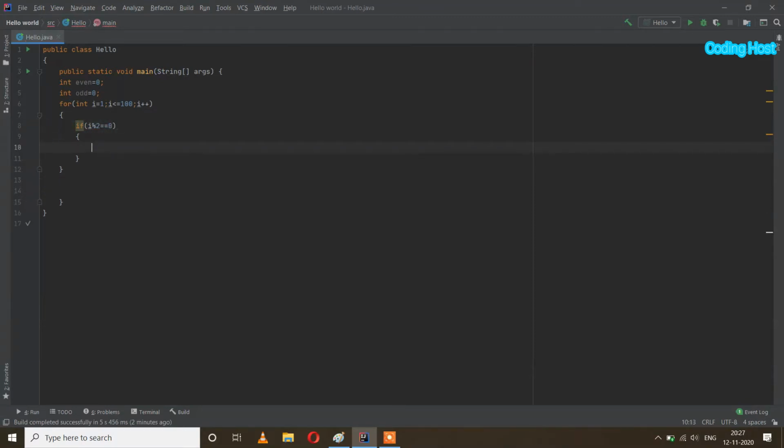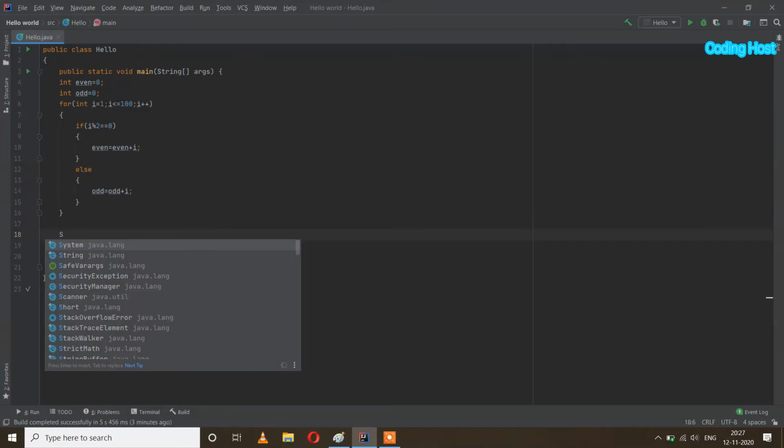So in this I will write even equal to even plus i, and in the else part I will write odd equal to odd plus i, and after that I will print the sum of even and odd elements.